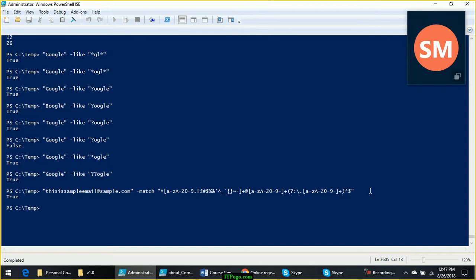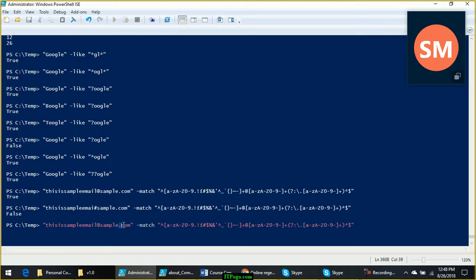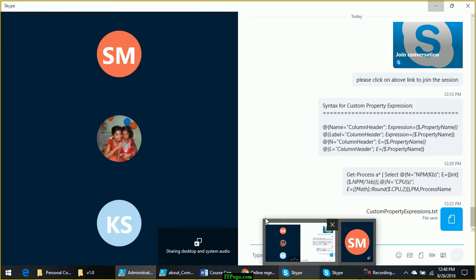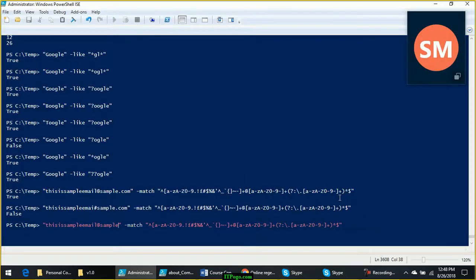This is a valid email address. Now if I change this @ to suppose hash, do you think this will be a valid email address? It will return false. Or if I don't use .com, if I just use like this, okay, now that means this regex is not 100% correct.